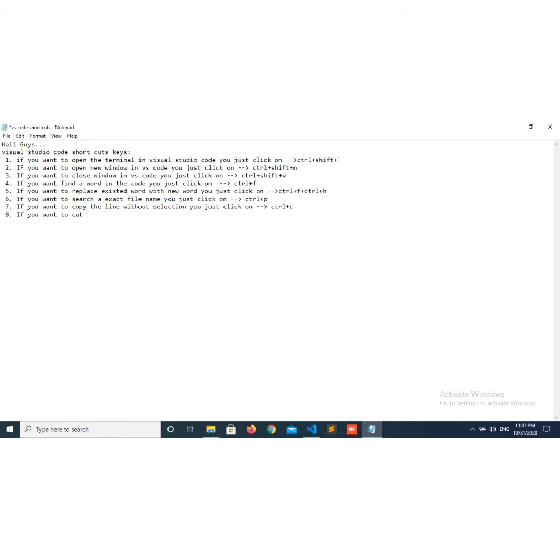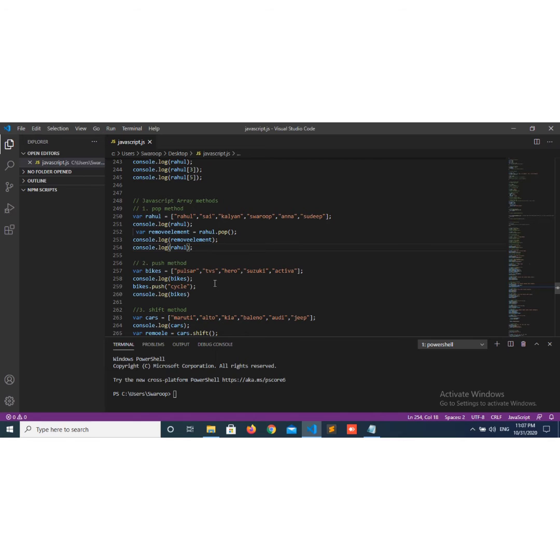If you want to cut the line without selection, you just click on Control plus X. Let's see. Here I want to cut this line. At that time you don't need to drag this line and click on Control plus X. Just put your cursor at your required line.